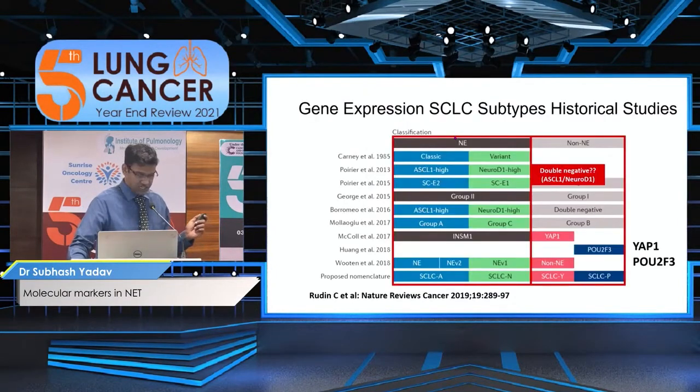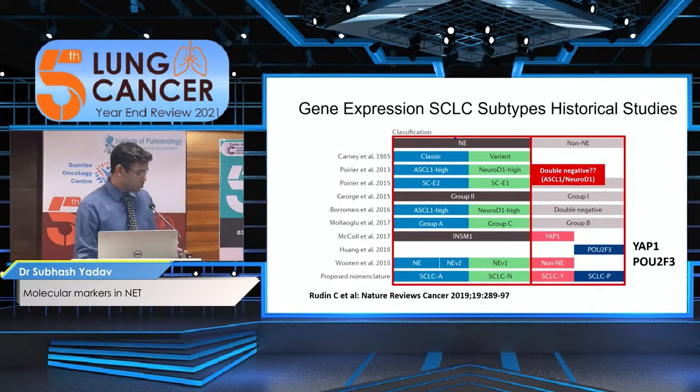classify small cells in the last decade. So various authors initially divided them into two groups, like the ASCL1 group 1, NeuroD1 the other group, and those which were negative were called group 3. So the last decade has seen a lot of changes in this. There has been subclassification. The group which was double negative was found to be harboring two other markers like